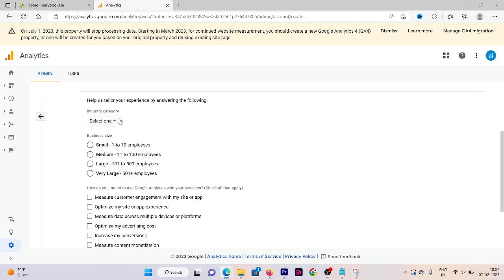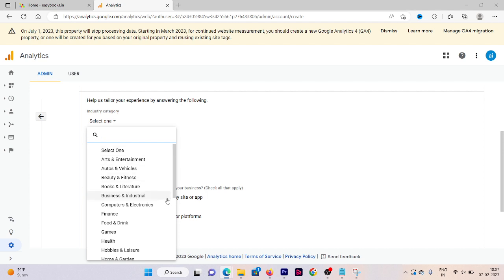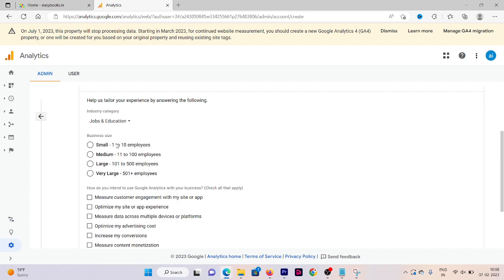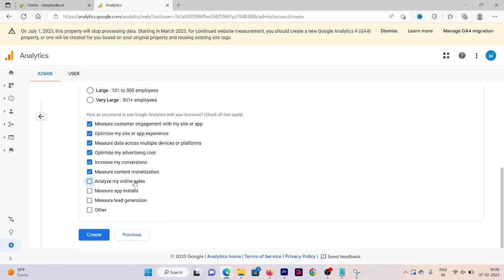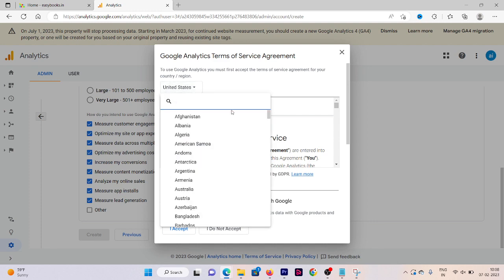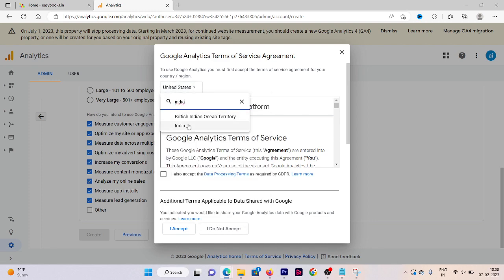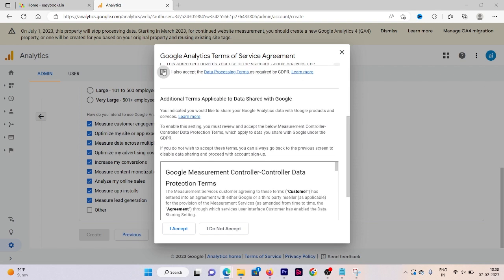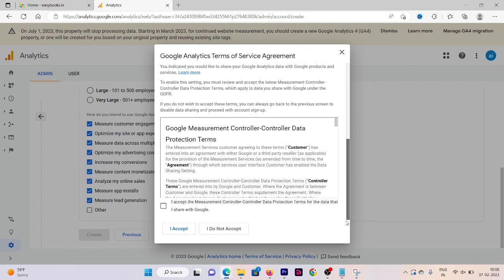Now you need to select your industry category. So this is an education category. You need to select it accordingly, business size, and then we are going to set all of these. Check all of these. Now go down and click on create. I accept, and I accept. Click on I accept,